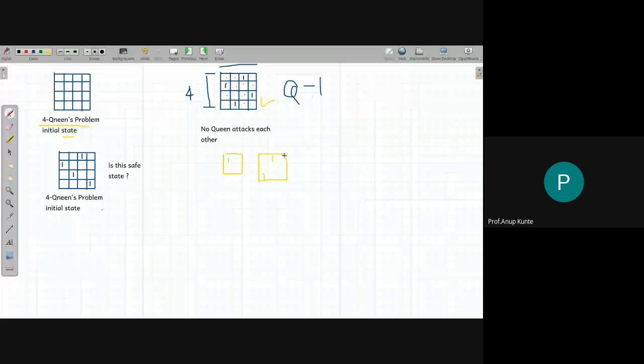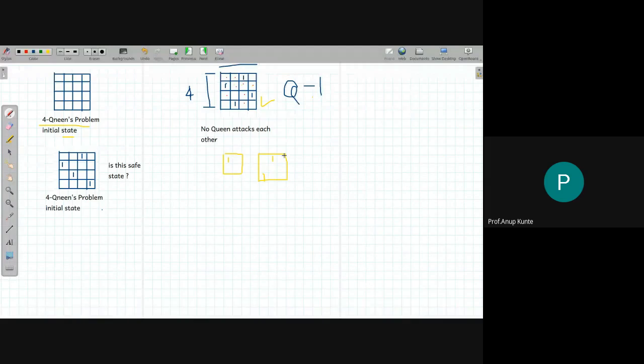So for these kinds of problems, like the 4 queens problem, you generally do not know the goal state. That's the first important descriptor for such problems. The second descriptor is that you want that configuration, so you don't know it initially. When you start solving the problem, you don't know the goal node in advance. You only know that you want to find the goal node, and you want a sequence of actions that will lead to finding that goal node. So these are the 2 things that we are interested in.